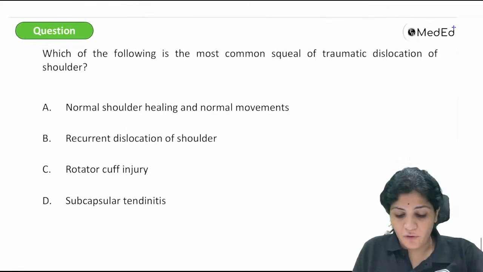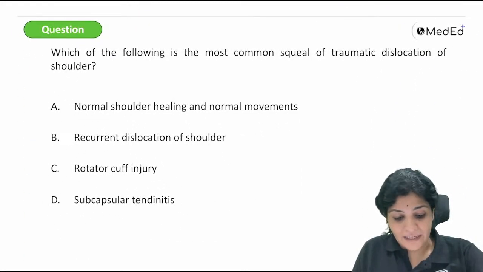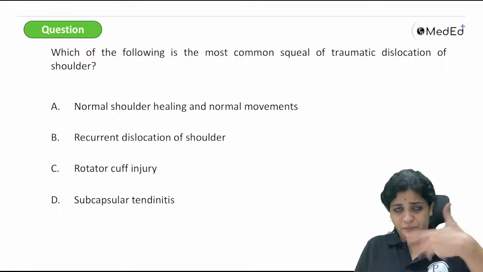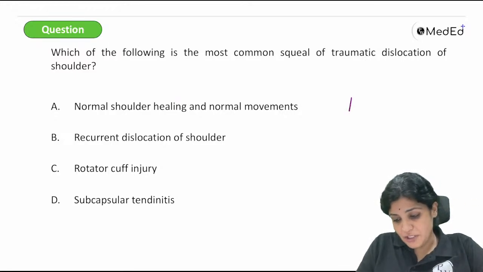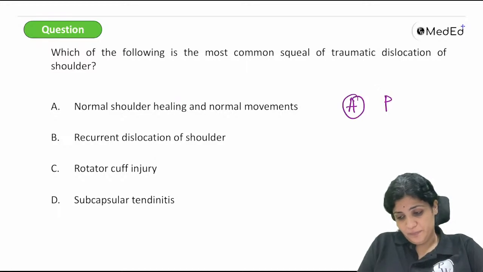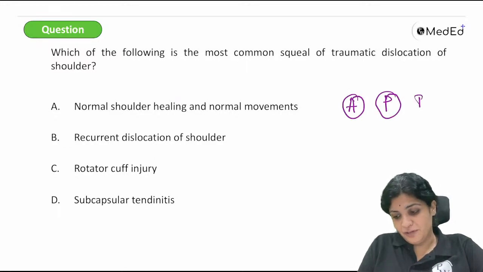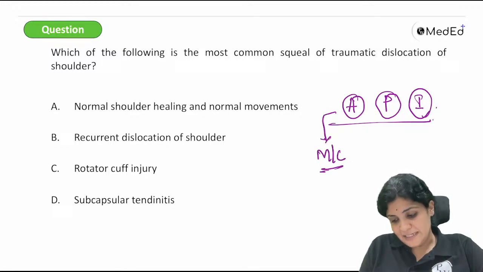Next, what is the following most common sequel of traumatic dislocation of the shoulder? So we have to deal with dislocation of the shoulder. There are three types of dislocation: anterior dislocation, posterior dislocation, and inferior dislocation. Right? So these are the dislocations of the shoulder. And we already know the most common is the anterior